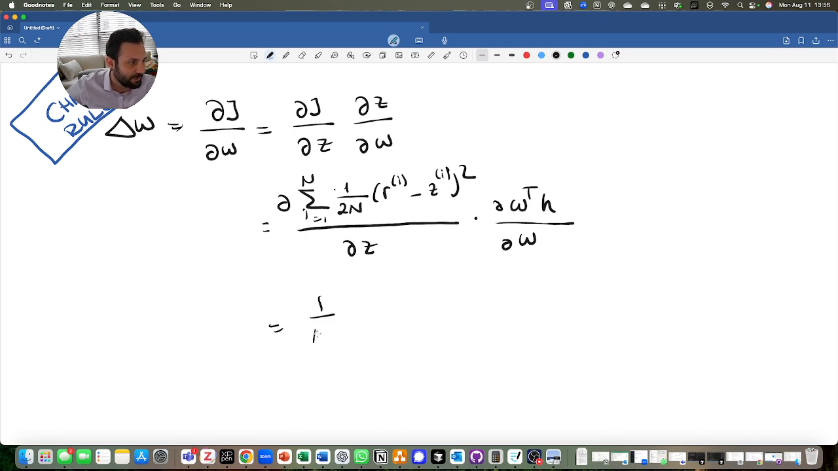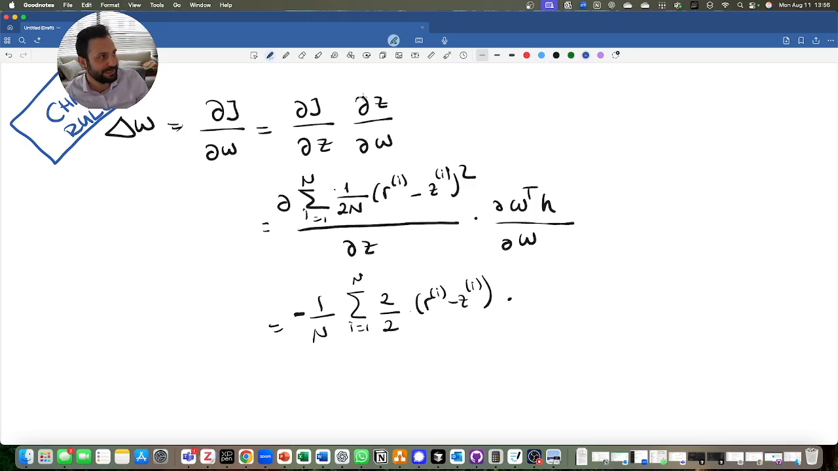So I can take 1 over N to the outside, because differentiation is a linear operation. I can put it inside the derivative and summation. So I will have the sum from i equals 1 to capital N, 2 over 2, r of i minus z of i, and there will come one negative from the derivative of this guy, and times. So let's go ahead and introduce one simplification, right? So let me introduce this one index here,